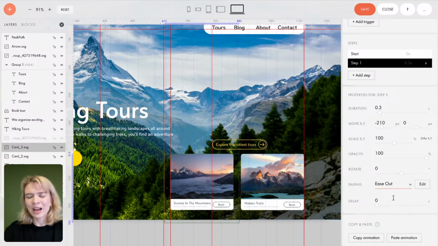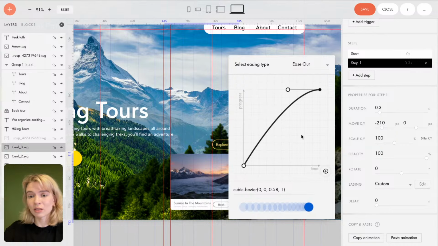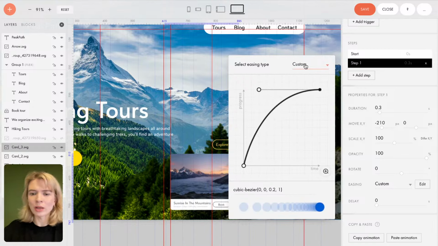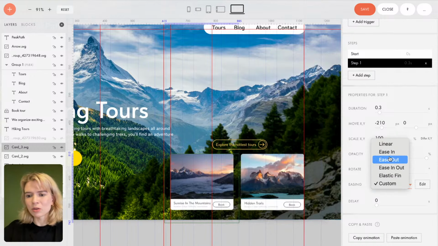I have explained what easings are in my previous webinar, but again, here you can edit the curve so you can see how the elements move, how fast they move according to the time. So here you can create your own curve. It's going to be set on custom, but I think for now I'm just going to stick to easing,